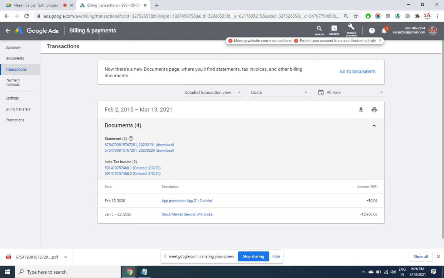But anyway, if you go into billing and click on transactions, it will show you the entire report right from day one, how your money deposits have been, how you have spent into AdWords. These are all the invoices which you may need, your client may need if you are doing any SEM project for them, or maybe you may need it for yourself if you want to file for tax and show expenditure and all that. So this is a proper invoice along with GST. Okay, I think post GST it is giving the bills here. Okay, anyway, so write down this one.